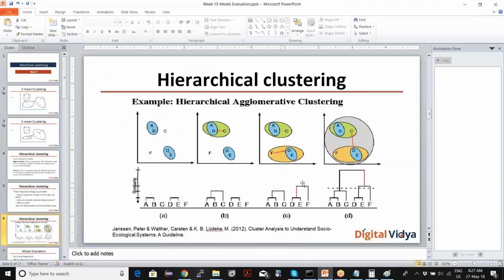The running is exactly the same, it will just run opposite. So just look at it in reverse. How will the top-down approach work? It will put everything in one cluster, and then it will split, saying, okay, this is one cluster, this is one cluster. So this dendrogram will be created in the opposite direction. The top-down approach is just the reverse: instead of coming like this, you go like this.